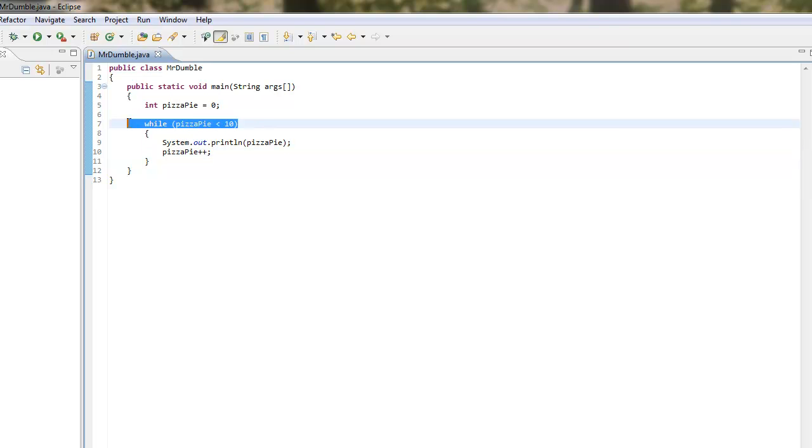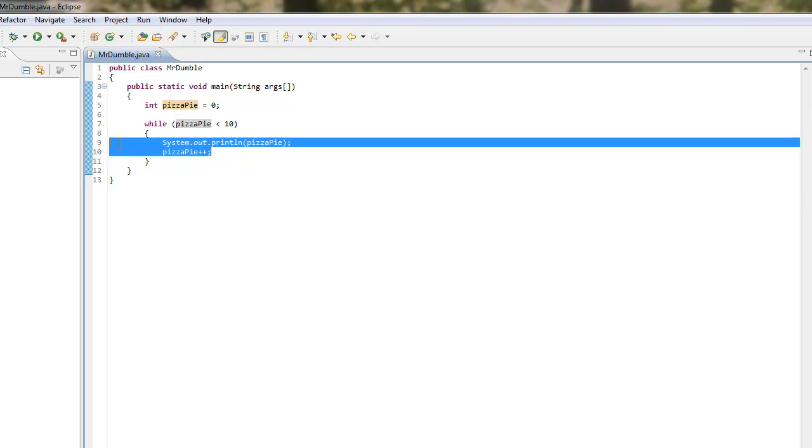And this while loop, why is it called a while loop? Because it only runs when this test is satisfied, when pizza pie is less than 10. Furthermore, this is called a pretest loop because you run this test before you execute these statements.